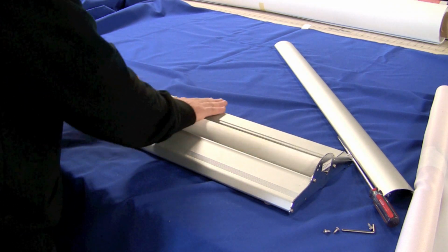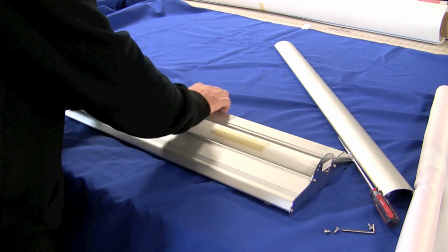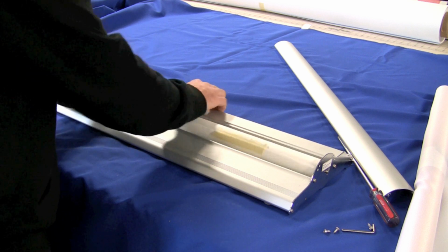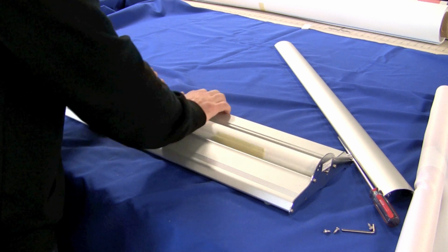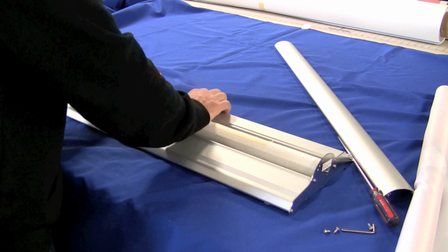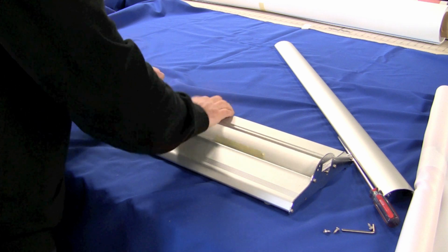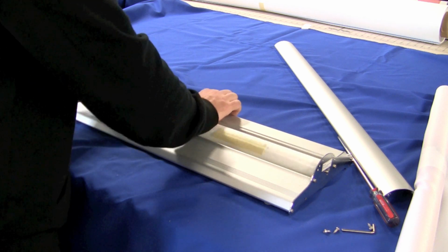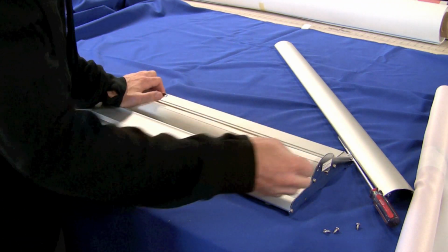So spin it a minimum of 35 times. It gets difficult after about 10. You'll need both hands for this. I'm using the palms of my hands to get more friction. After you have it 35 spins, take the pin